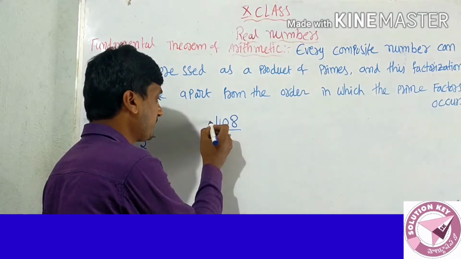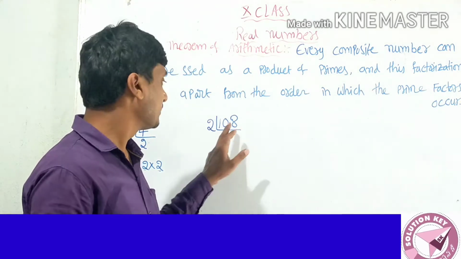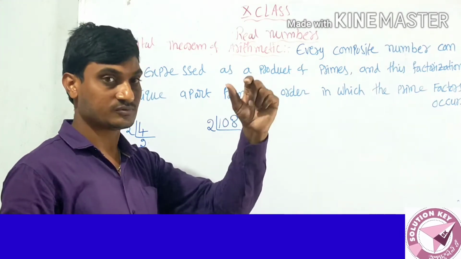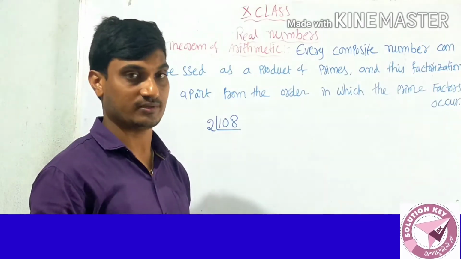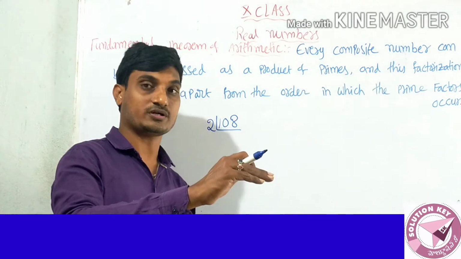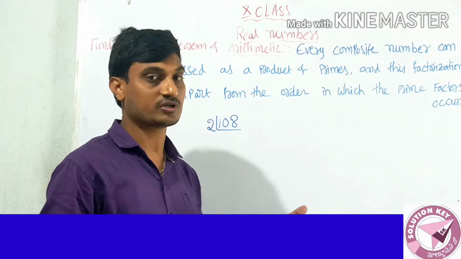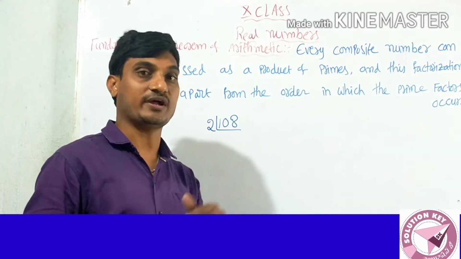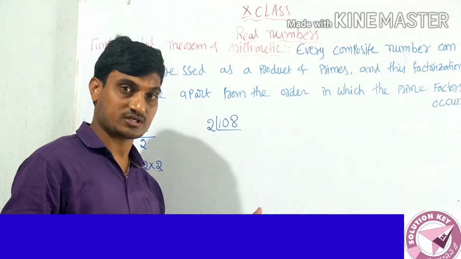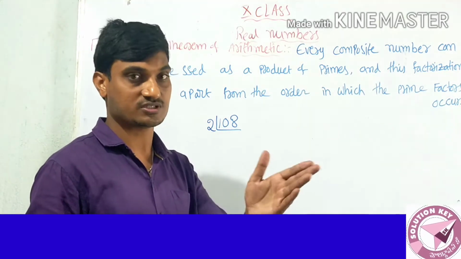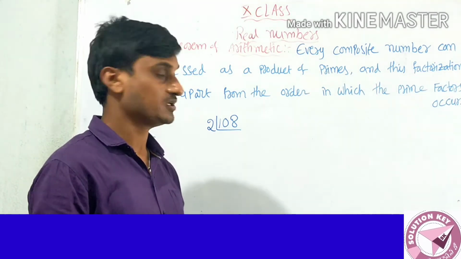Then I am taking the prime factorization of 108. First try the 2 table. If you are not getting the 2 table, next you go to the 3 table. If the 2 table did not come, the 4th table is also not possible. Next you go to the 5 table, again the 6 table. If the 2 table is not there and the 3 table is not there, the 6 table is also not there. Like that, you go through the process in order.